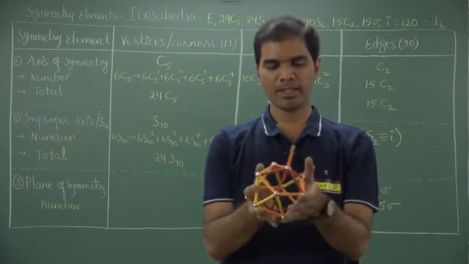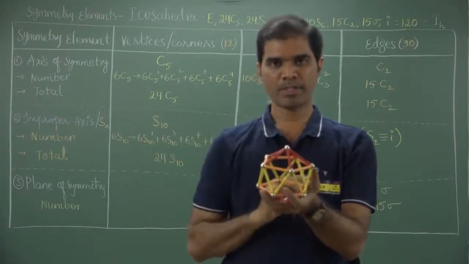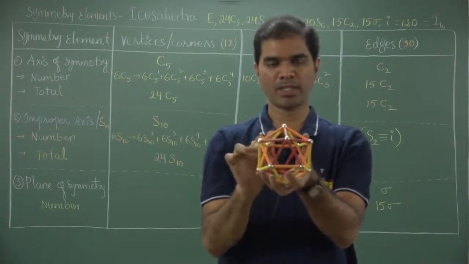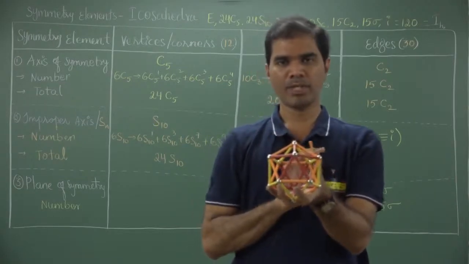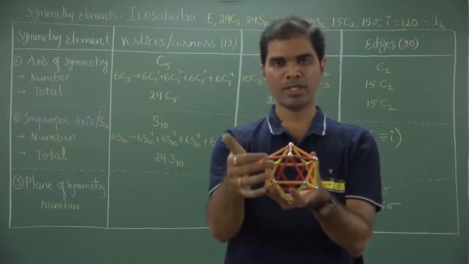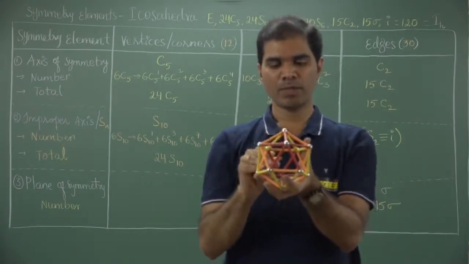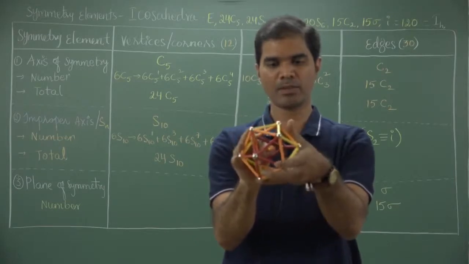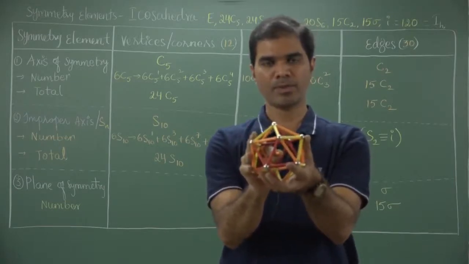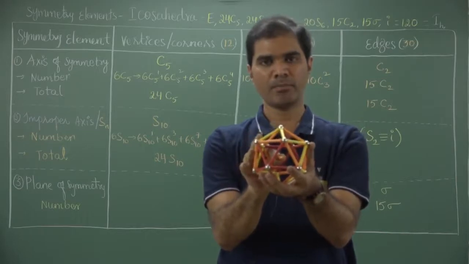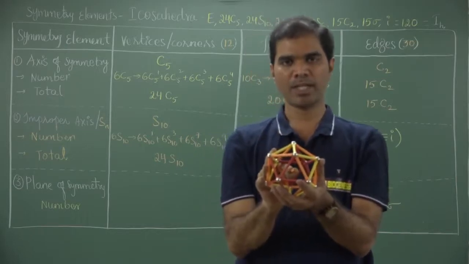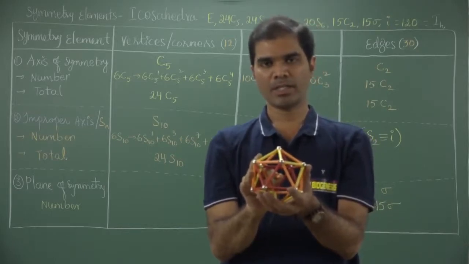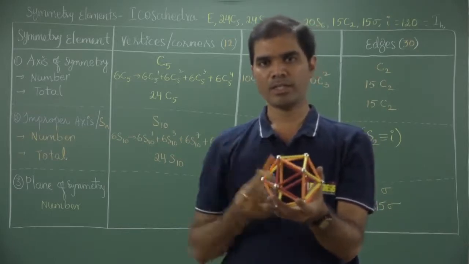Vertices are completed. Let us come to the faces now. If I choose one triangular face, the opposite is another triangular face which is staggered to it. Icosa means 20. Since there are 20 triangular faces falling in 10 pairs, from each pair a C3 is possible. As I rotate by 120 degrees, it will give an equivalent configuration. Since there are 10 pairs of triangular faces, we can generate 10 C3s. Each C3 will generate 2 symmetry elements, C3 1 and C3 2. Therefore, altogether 20 C3s are possible.